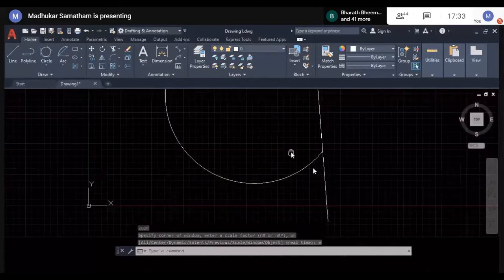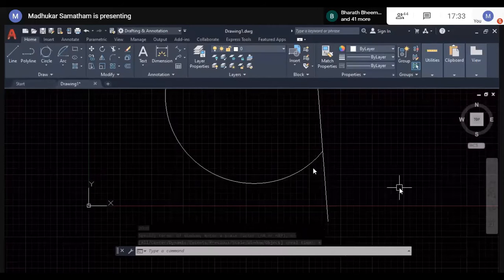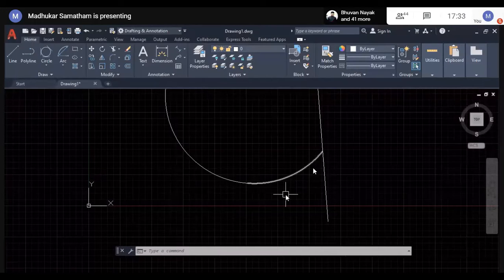It seems to be the same entities. When you're going to select, you can find out the difference.